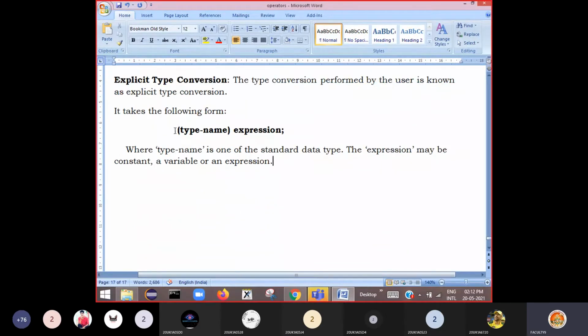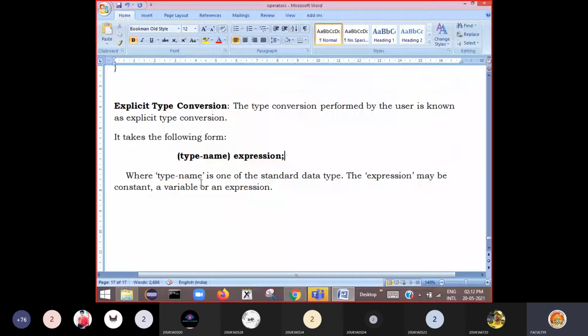This is the general form of performing an explicit type conversion. Explicit type conversion is also called typecasting.